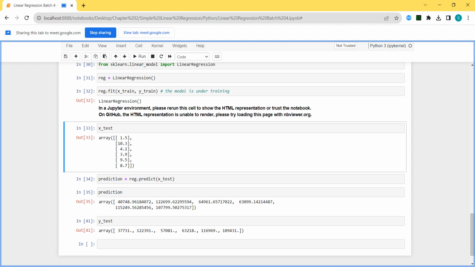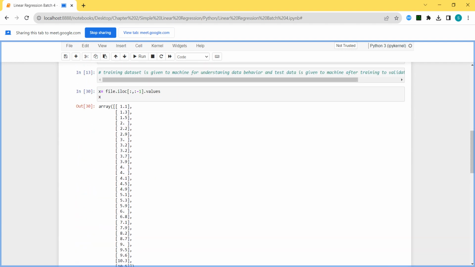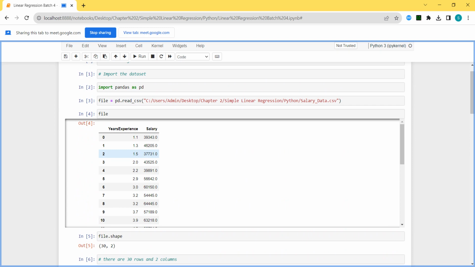That we are going to check here. So these are my X. Based on this X, I'm going to check what the prediction will be. For 1.5, 40,748 rupees is the prediction. Let us see what the actual value is. 1.5 is there. See, 1.5 is there.